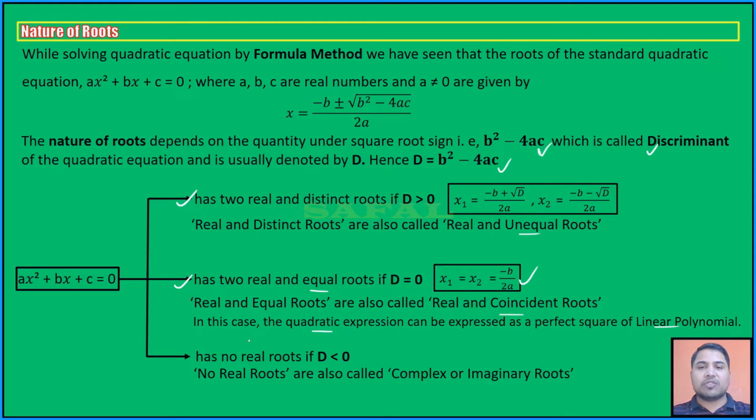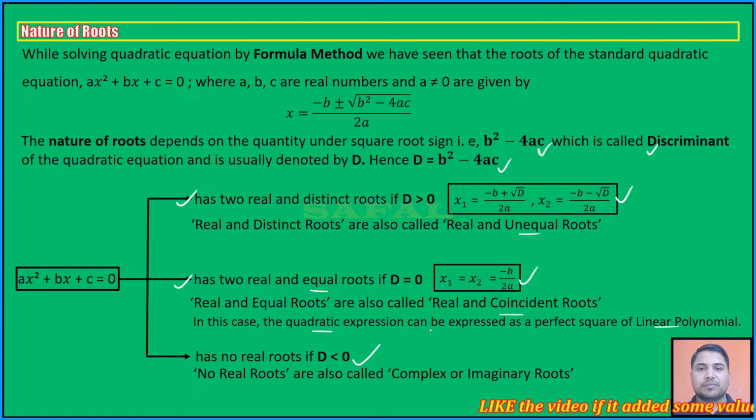Okay. So what you need to keep in mind is, based on the discriminant, we can comment on the nature of roots. If D is greater than 0, roots are real and unequal, and they are given by the formula minus b plus root D by 2a and minus b minus root D by 2a. If the discriminant is 0, then the roots are real and equal, and both the roots are equal to minus b by 2a. If D is negative, that means less than 0, then roots are not real and we cannot write real roots in this case. So keeping these three cases in mind, let's look at the question.